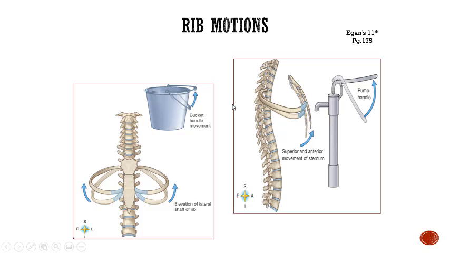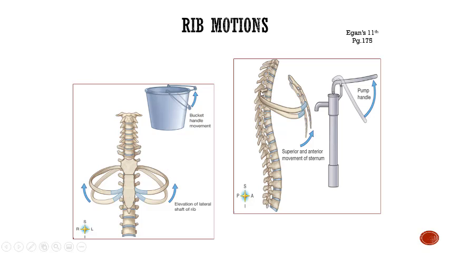In Egan, they talk about rib motions, and they use the analogy of the bucket handle movement and the pump handle movement. What they're talking about is when you talk about a bucket handle, if you can envision a bucket and the handle moving up and down, your ribs have this lateral movement when you breathe in, and you can stand up and do this and put your hands on your rib cage. When you breathe in, your ribs move up